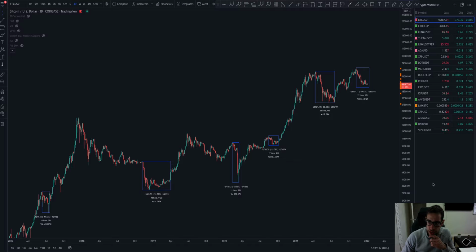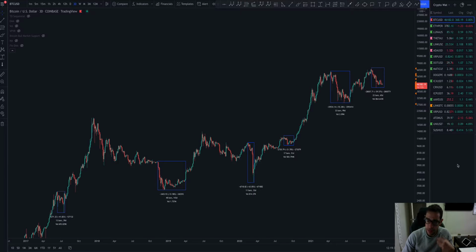Okay, what we'll do today is have a look at Bitcoin and when we might be moving out of this correction and break the downtrend that we are in. We'll have a look at some of the older corrections that we had in the past and try to use some data from that to extrapolate as to when we might be able to break out of this trend line. And we can also use Fibonacci time to give us some sort of clues as to when this pattern will